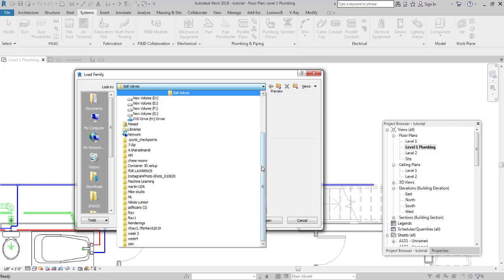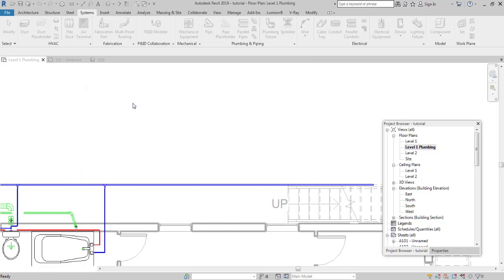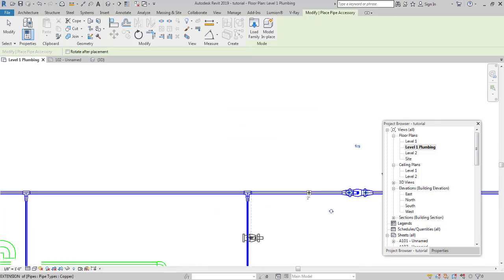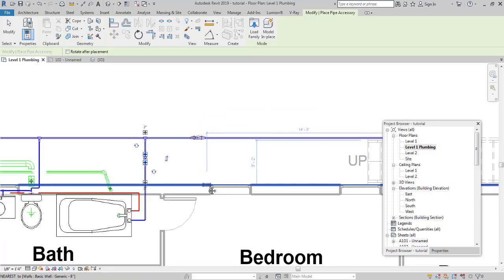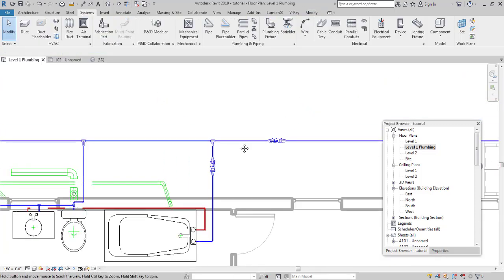Yes. Okay, go to the US Imperial library. Go to the pipe icon over here. We have the valves over here, ball valves, ball 2 feet 6 inch, and yeah, that has been loaded in. So it's pretty simple. Just go and place the ball valve on any location that you like. We'll adjust the direction, and yeah, so that is how you add pipe accessories. It's very simple, not that hard.